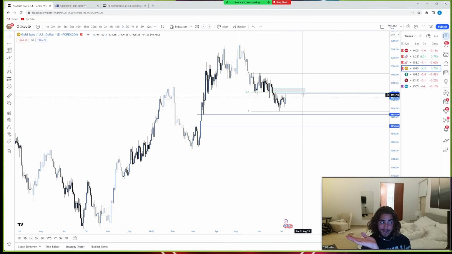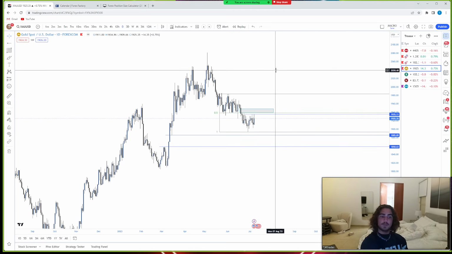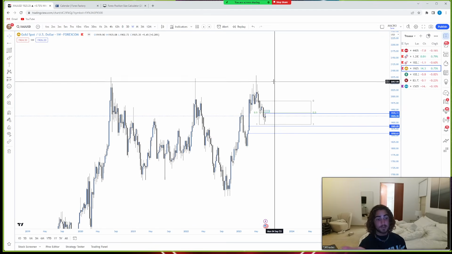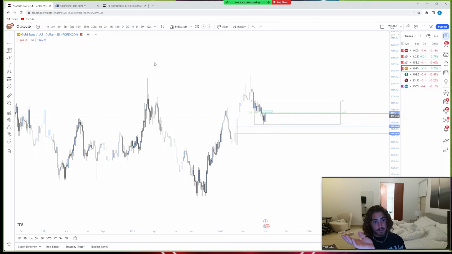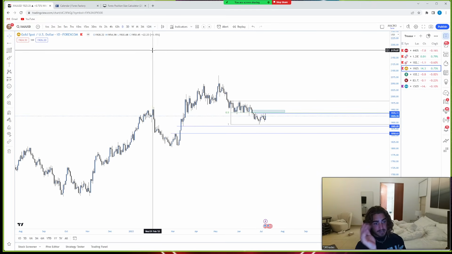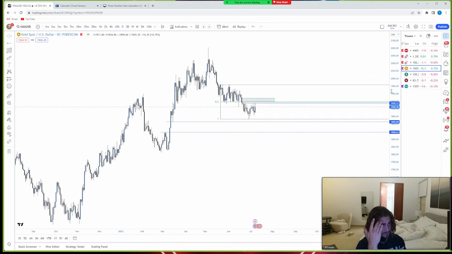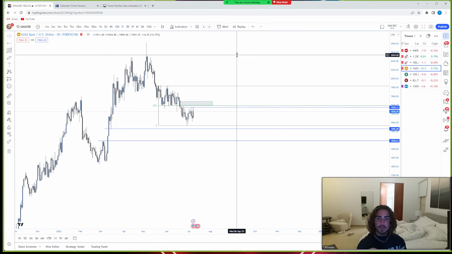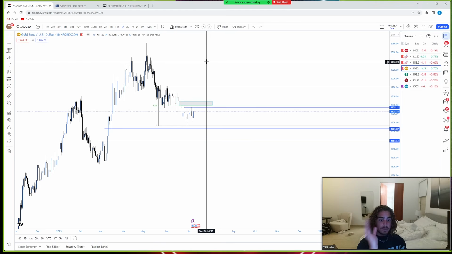So that's pretty much how I do weekly analysis. I treat it pretty much as I do any other pair, as if it were market open, by marking out building blocks, by saying, hey, this is probably where price will retrace to. This is the draws on liquidity, and we just do top-down analysis. So I mean, hopefully this was beneficial to you guys. Discord people, we know what we're looking for this week. YouTube people, you know what to look for this week,